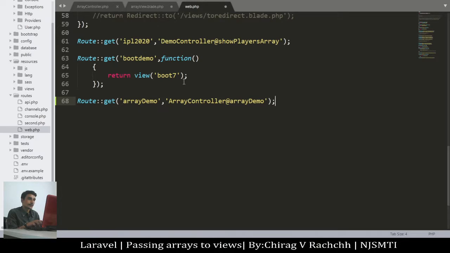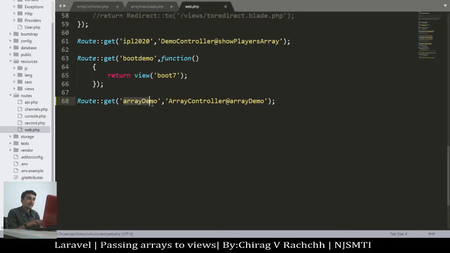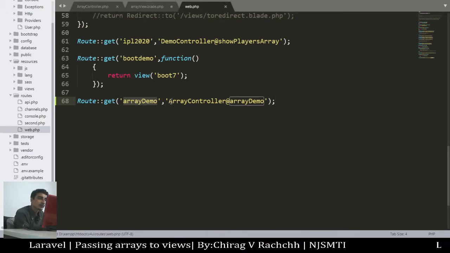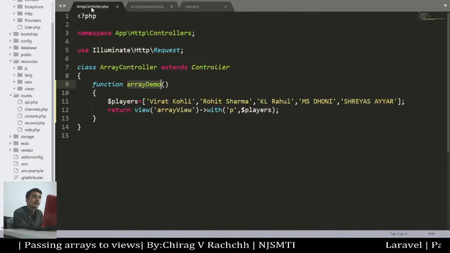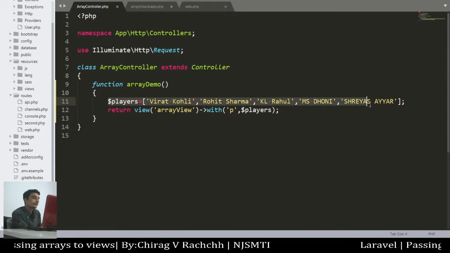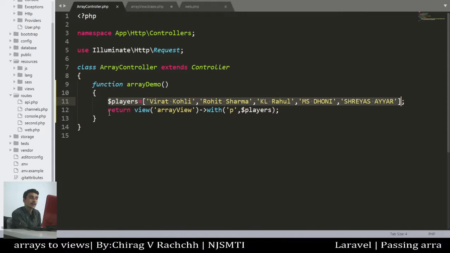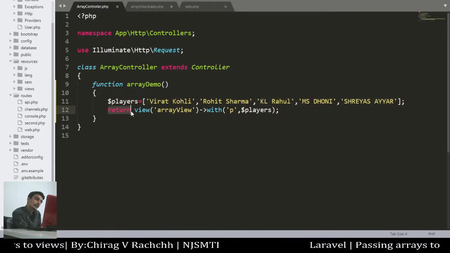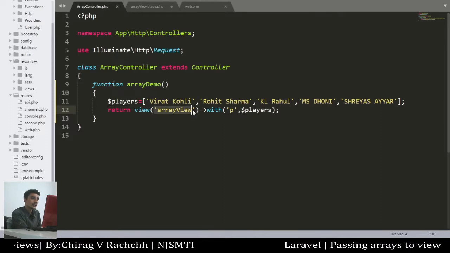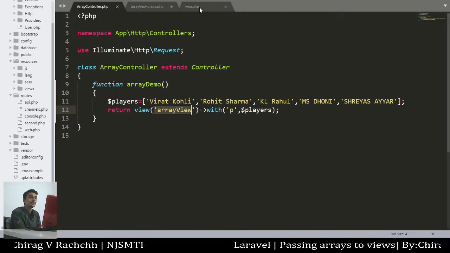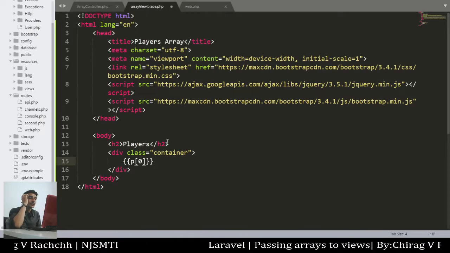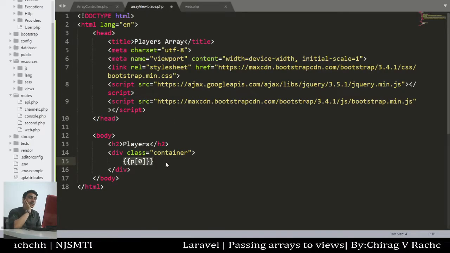Okay, so now whenever a request of the form array demo arrives, what will happen? The array controller's method array demo will be called, and it will define an array with a few names of players, and it will then return the view, array view, passing this array as data, and array view will show that first name from that data.